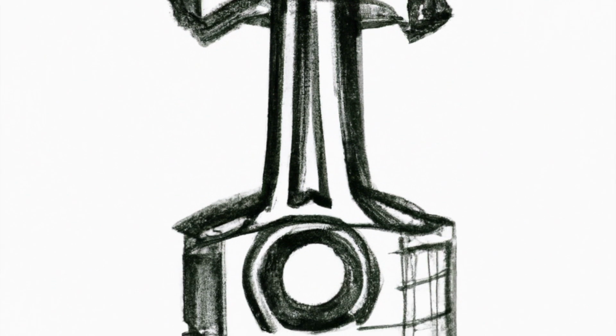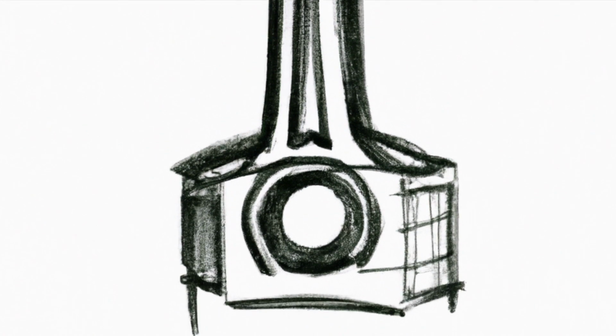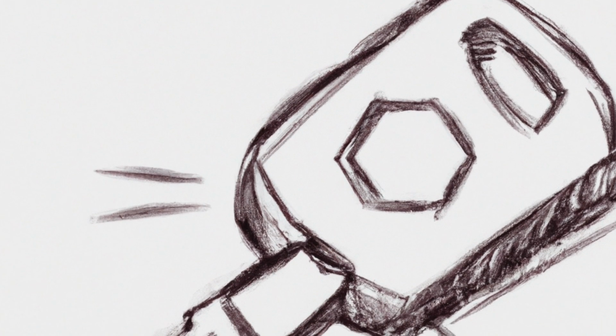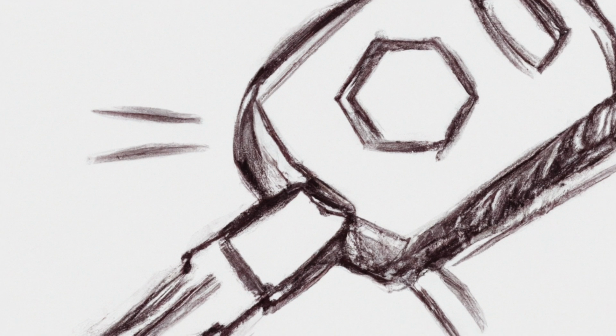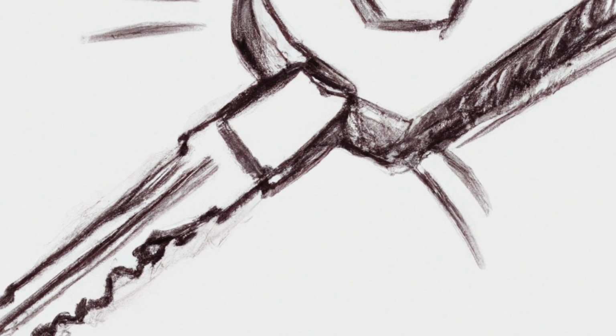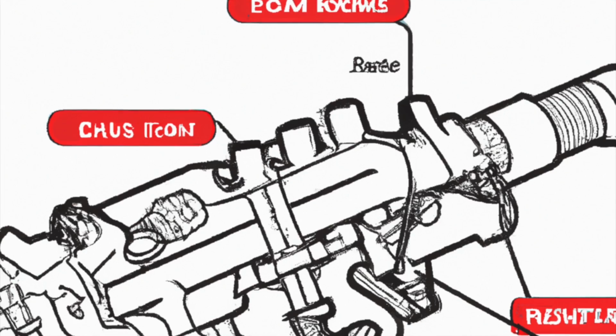The distributor is a mechanical device that routes the high voltage from the ignition coil to the spark plugs. It consists of a rotor that spins inside a housing and makes contact with a series of contacts or towers as it turns. The rotor is connected to the engine's camshaft, which means that it spins at the same speed